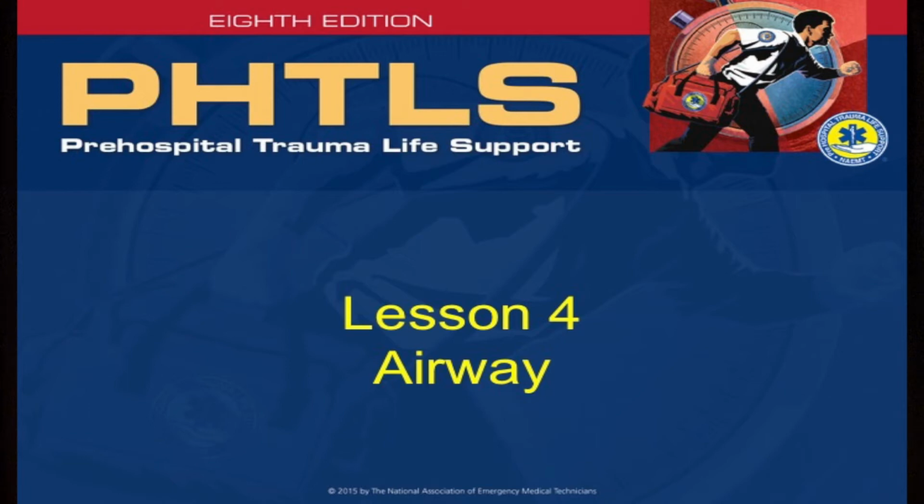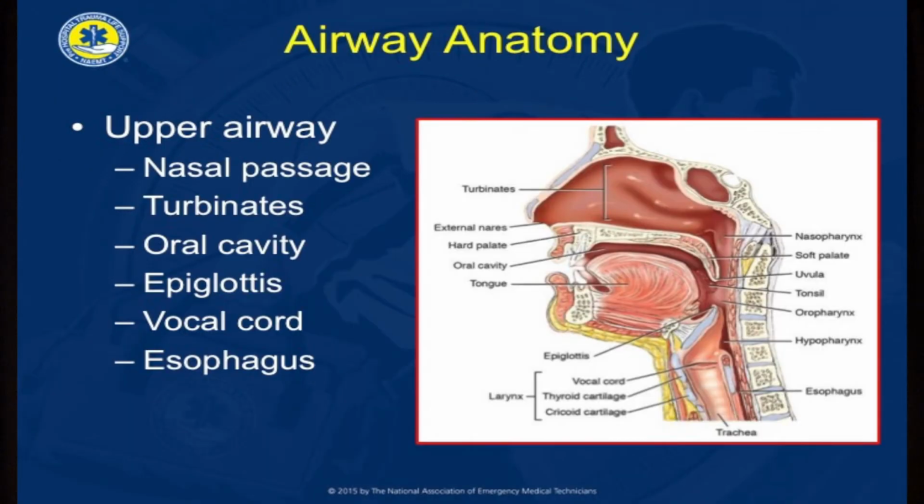Lesson 4, Airway. Our airway is divided into two sections. The upper airway, which consists of the nasal passages, the turbinates in the nose, the oral cavity. Both of these nasal and oral cavities will lead back to the pharynx area, and that's where we'll find the epiglottis. In the larynx, we'll find the vocal cords, and then we'll either have the esophagus or the trachea leading